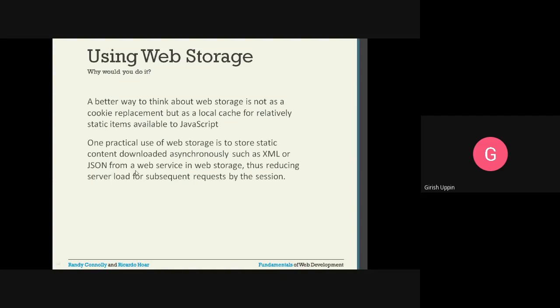We can download XML or JSON information asynchronously from web services, and that data can be stored so that we can avoid some of the server requests.